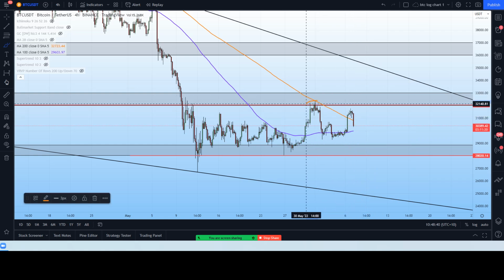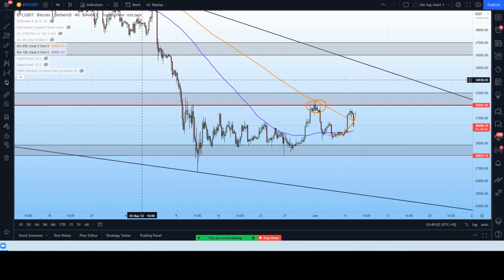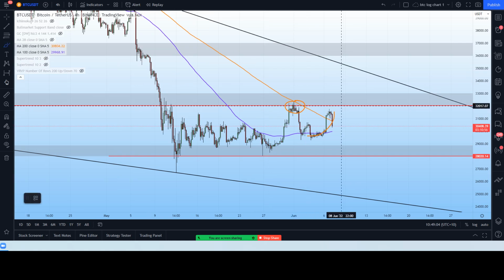So we can see over here we have that $32,000 trigger. On my channel, all my followers would know I've talked a lot about $32,000 as a trigger line in the last few weeks. We got rejected from the $32,000 trigger, pushed downwards, found support along this area over here, and we've had a second attempt upwards, but not really making any headway into that $32,000 region. And I've said the entire time, until we break above 32K and get a daily close above 32K,